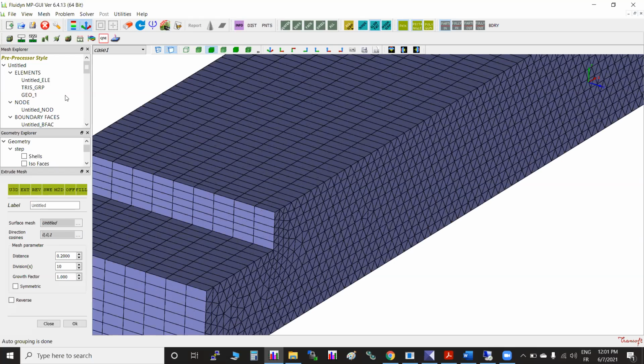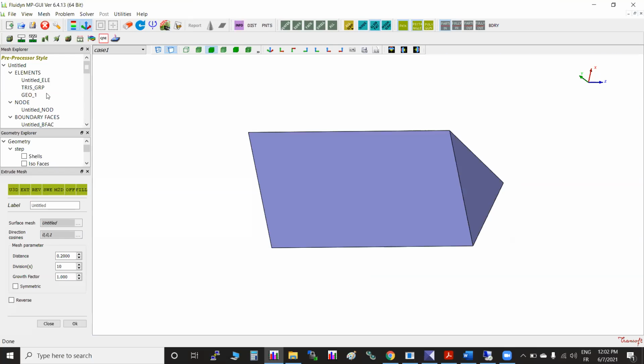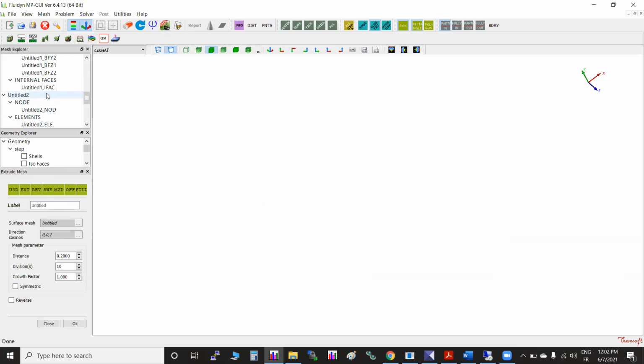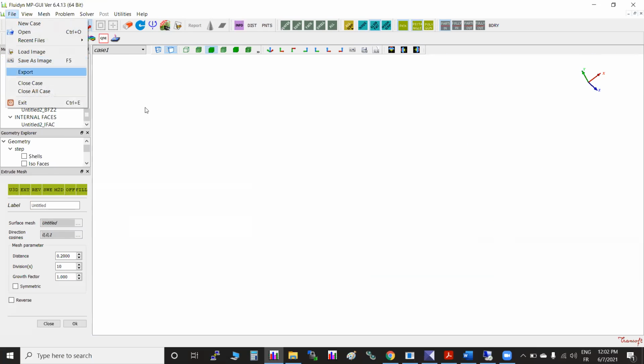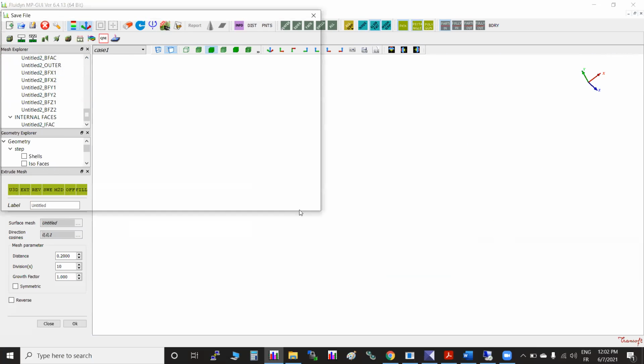Right, like that, multiple elements are fit. So for example, we have created multiple meshes. It doesn't delete unless you delete it. So we will save it, maybe export, the file export option is there, and